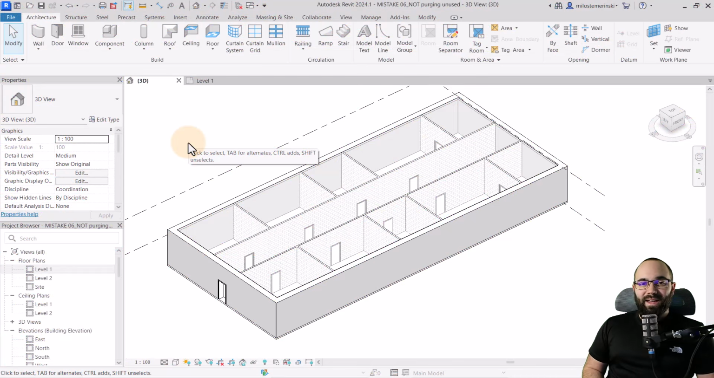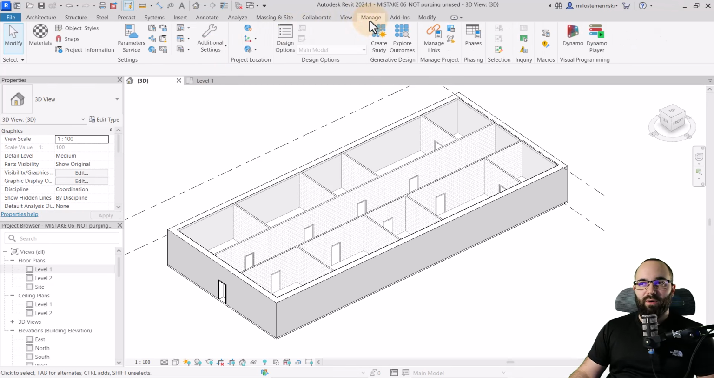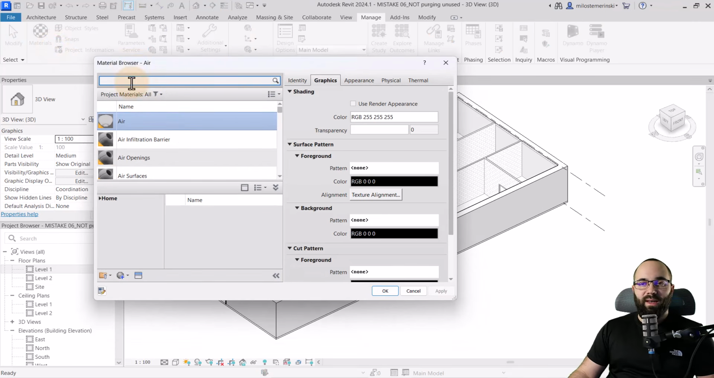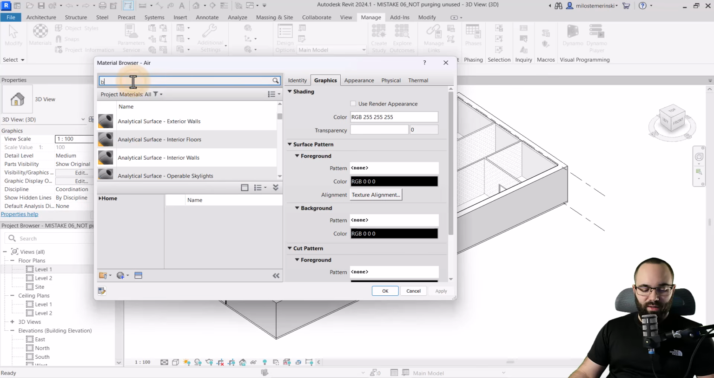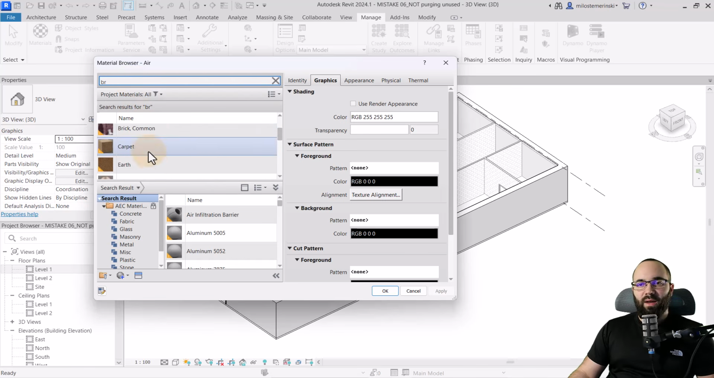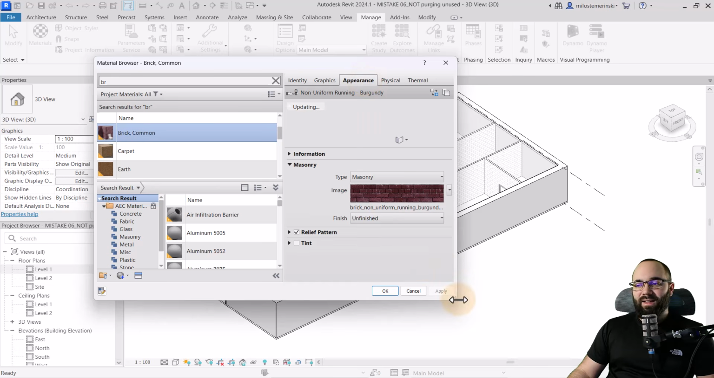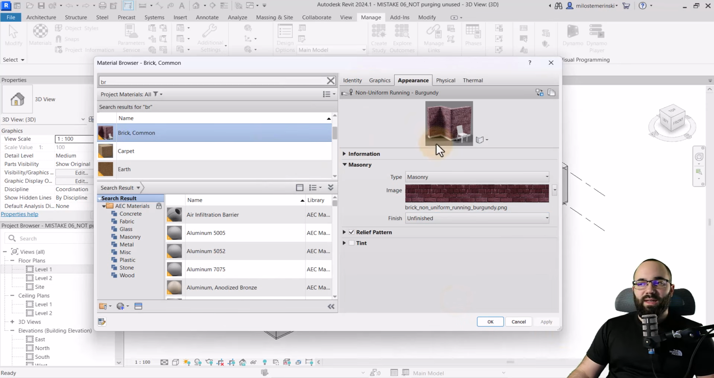And the final mistake has to do with the material editor. So whenever you're working with materials in Revit, and let me go here to Manage, Materials, Material Browser, and now let's search for any material. Let's search for something like brick. Okay, so we have this common brick, it's very common, and let's say we want to duplicate this and create